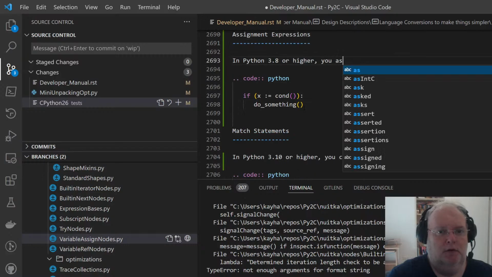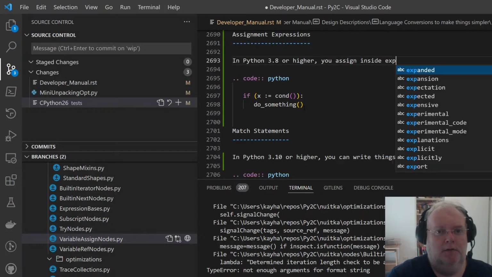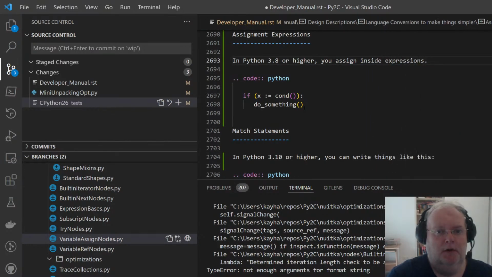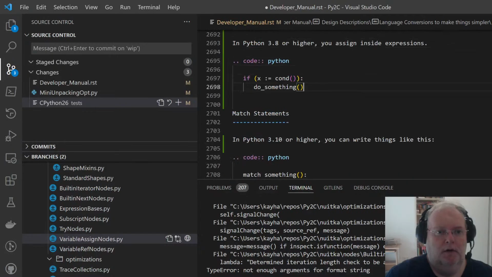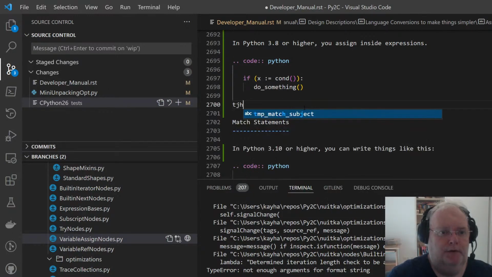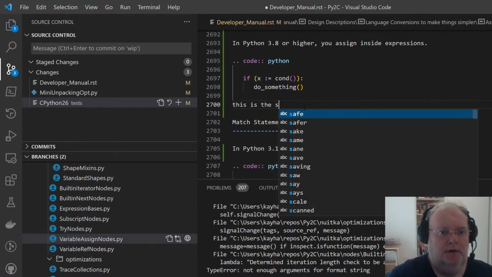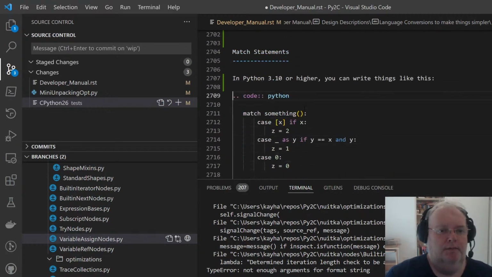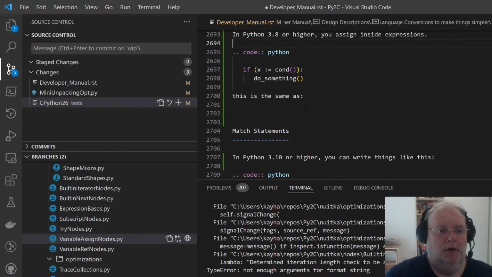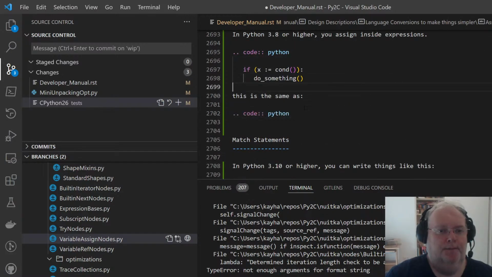So in Python 3.8 or higher, you can assign inside expressions. This is the same as, and now here we come, if.